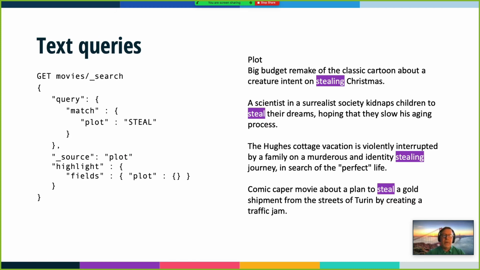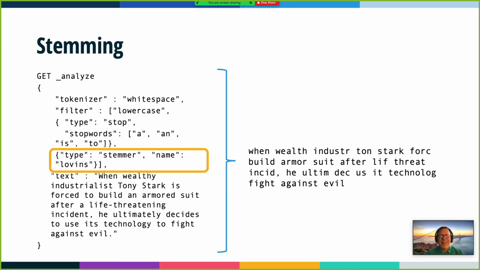You can see that there are some sort of oddities about what a stemmer does. For instance, it removes the entire suffix from industrialist. It removes the Y from Tony. It removes the ing from forcing. But again, it's opening up the set of matches that you can get against this. So this is what actually is going to go into the index, and that's important to remember as well.